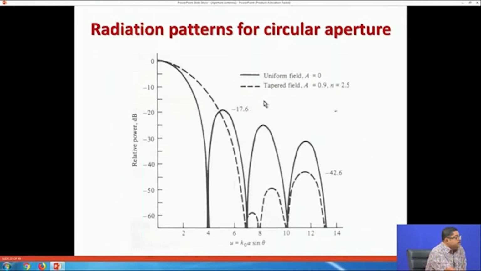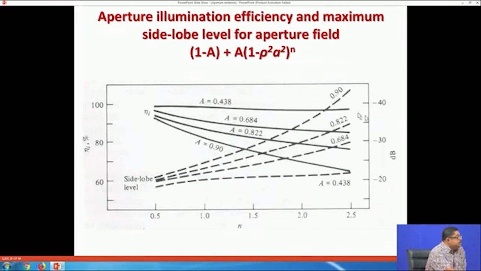Then this is circular aperture illumination efficiency, that means eta x, and maximum side lobe level for aperture